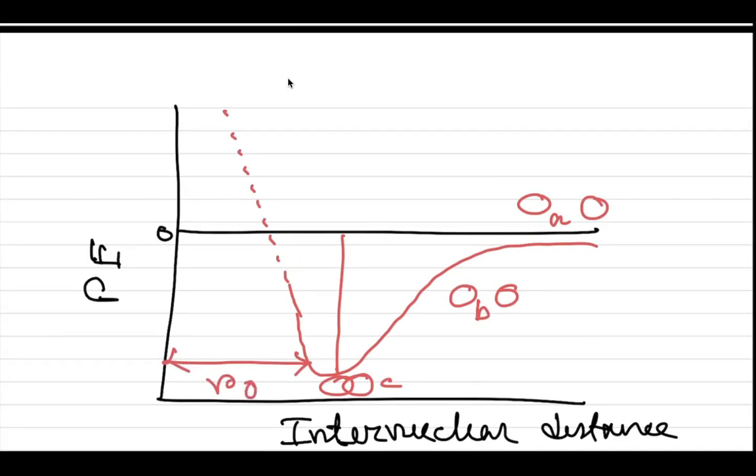At this point, the two hydrogen atoms are said to be bonded together and form a stable molecule. The distance R0, between the potential energy minimum and internuclear distance, is known as the bond length. As the two atoms come closer together, the potential energy keeps decreasing, reaches a minimum, then starts increasing again. Clear?